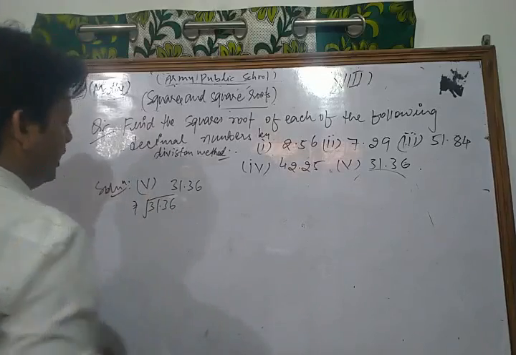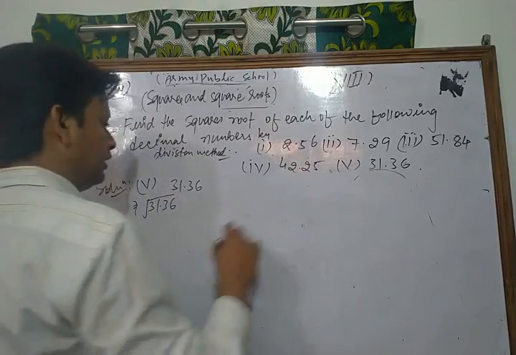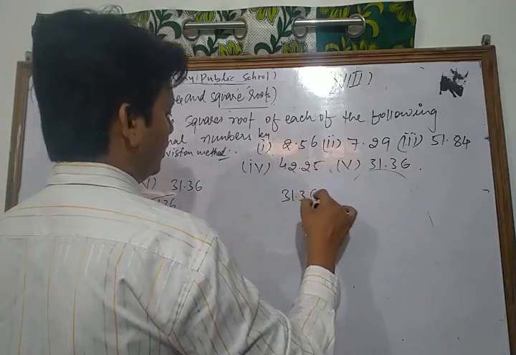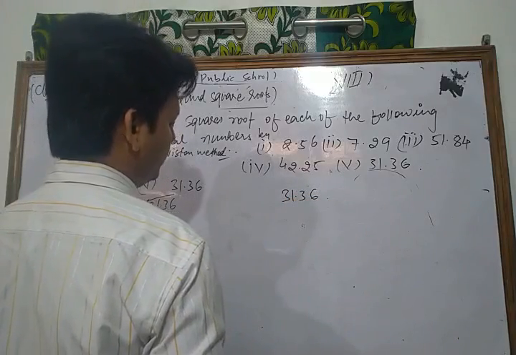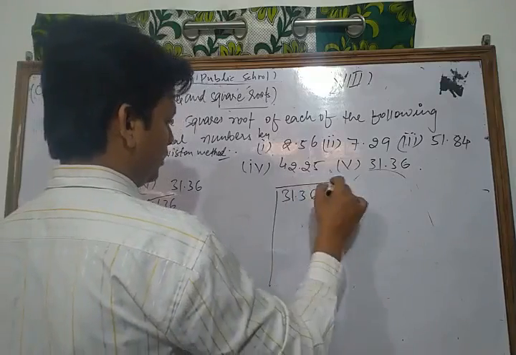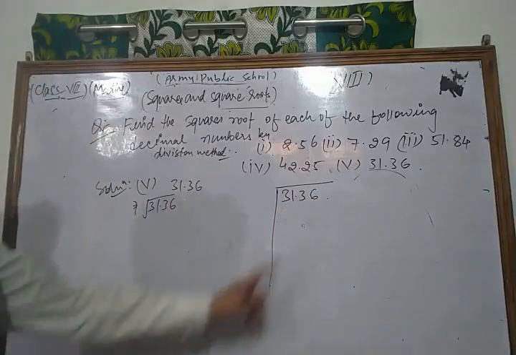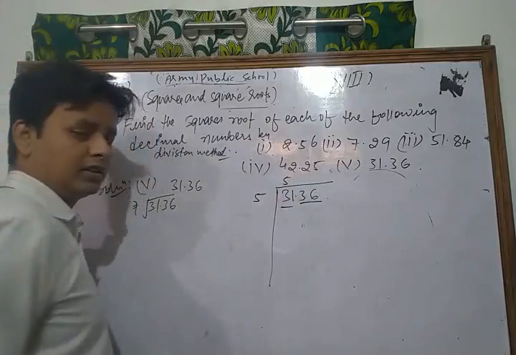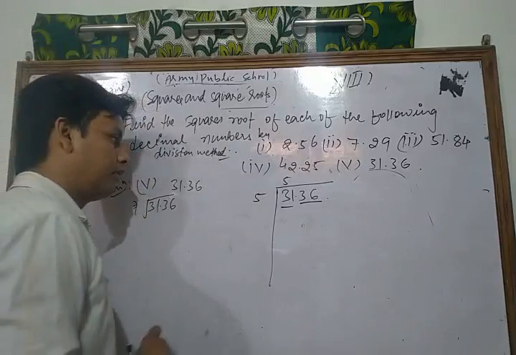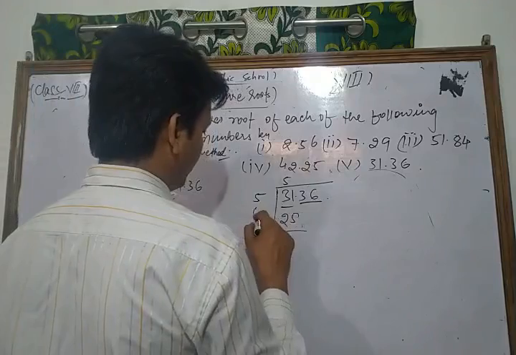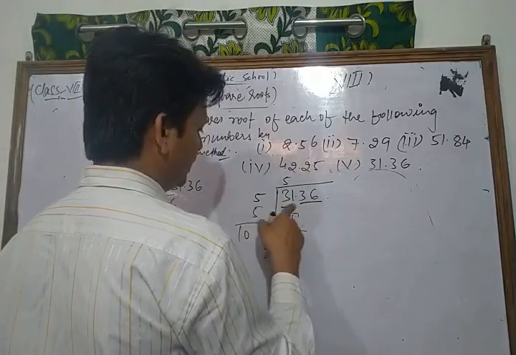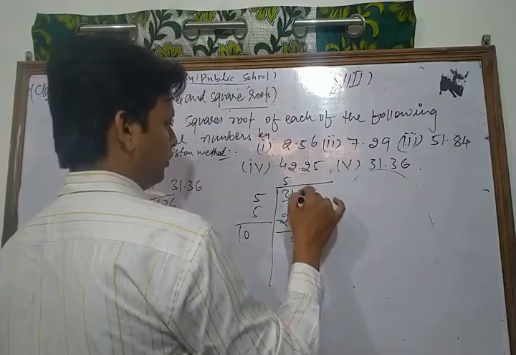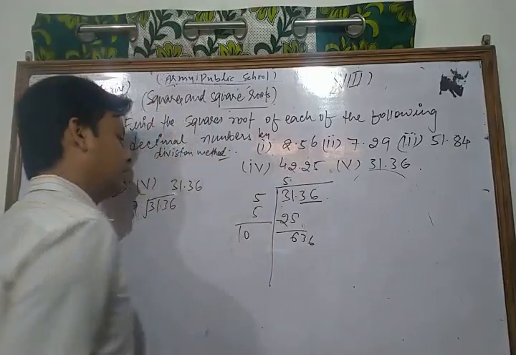We just find the square root of the given number, 31.36. Okay. So we apply the same process and same method. We form the pair. So here 5 5s are 25, because 6 6s are 36, which is greater compared to 31, so we take only 5 times. This 25, subtracting them, we get 6. Okay. Now we write the decimal before we write 36 here.